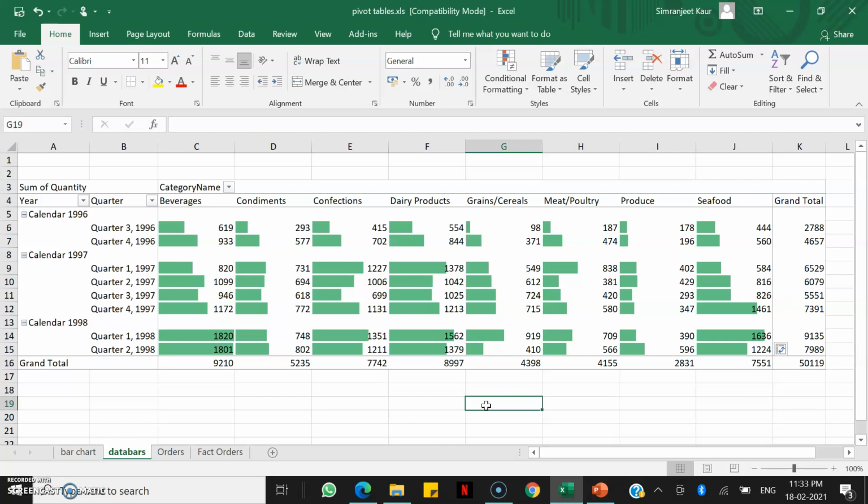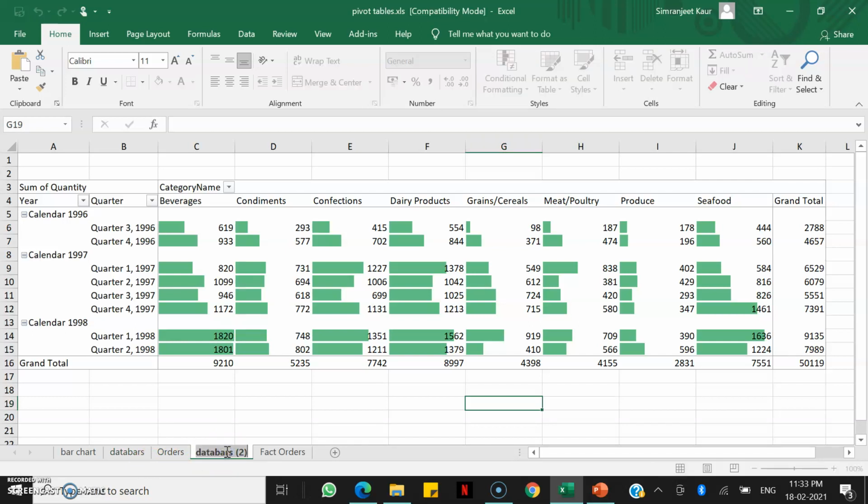Now another thing we want to do is, let's say we want to classify a category by freight and quantity. So I'll again copy this sheet, see, so I have data bars too, right.